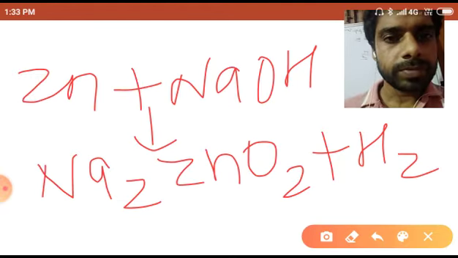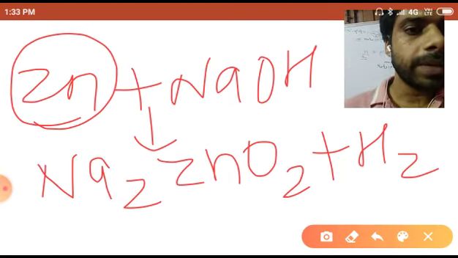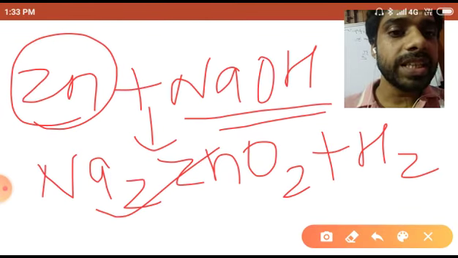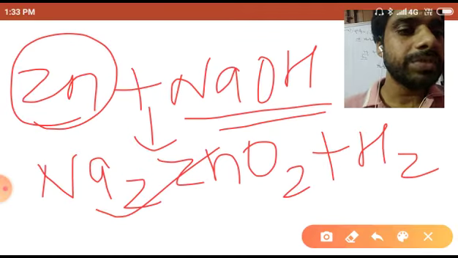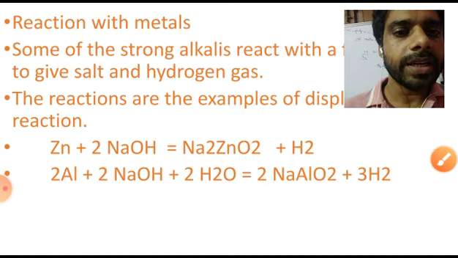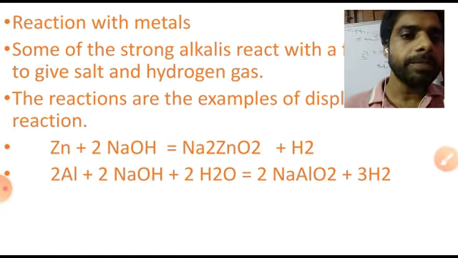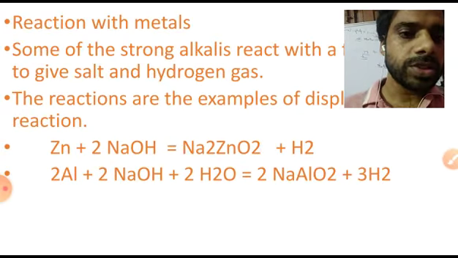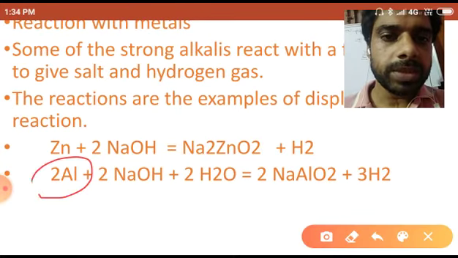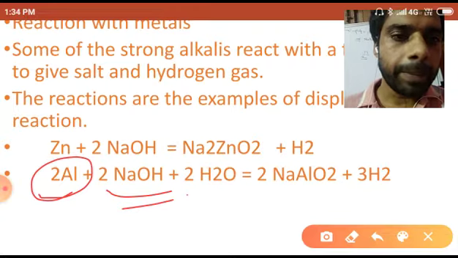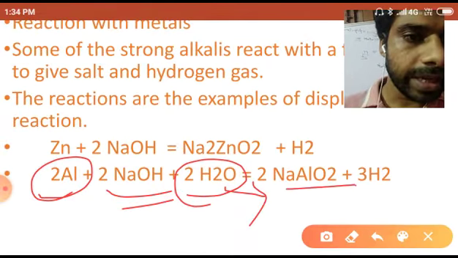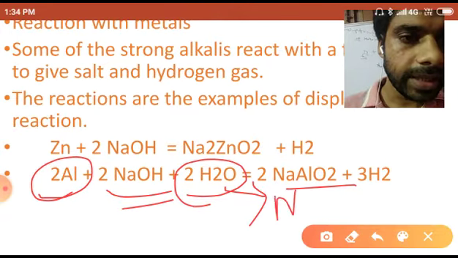So you can see only zinc and aluminium can react with a strong alkali, and it can give sodium zincate. Yes, this one is a compound, sodium zincate, plus hydrogen gas. Okay now, second, you can see here, dear student, aluminium and NaOH with water. Here I will write aluminium with NaOH plus water, an aqueous solution of this one, and after the arrow you can actually write